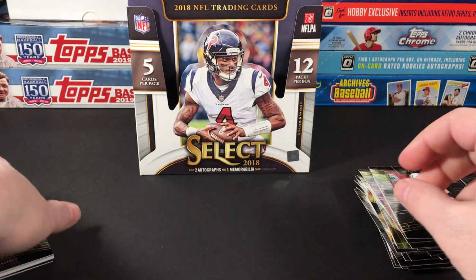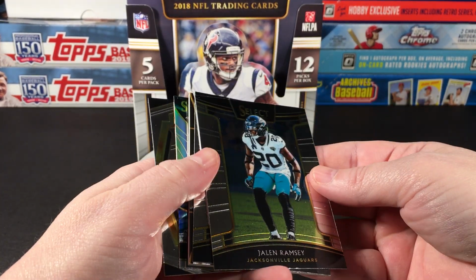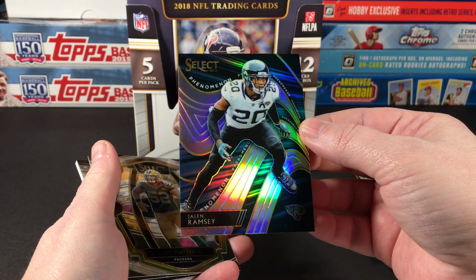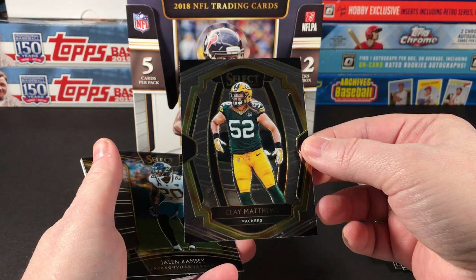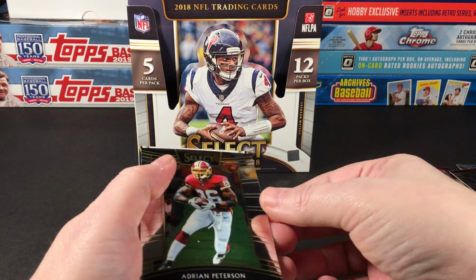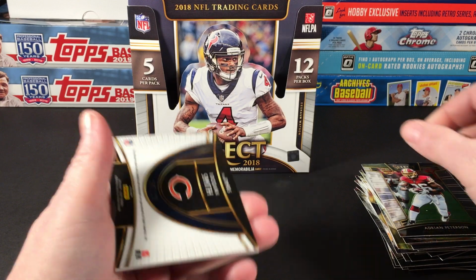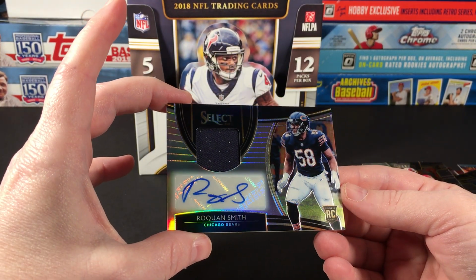Alright, last pack, and our, I guess I'll call it our big hit. Let me pull these first. We'll look at that last. Jalen Ramsey Phenomenon Prism version, Clay Matthews, Jalen Ramsey base card, Adrian Peterson, and Roquan Smith. Not bad,